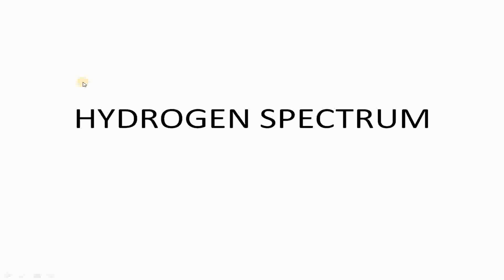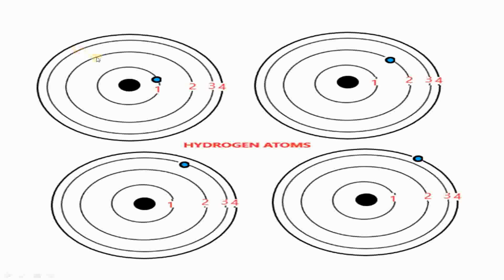When hydrogen gas is exposed to radiation or photons of all possible wavelengths, different atoms of hydrogen go to different excited states. When these atoms fall to the ground state, they emit radiation of definite frequency. Let us understand what it means. To understand, I am going to consider 4 hydrogen atoms. These are the 4 hydrogen atoms considered. Think that they are all exposed to radiation of all possible wavelengths.